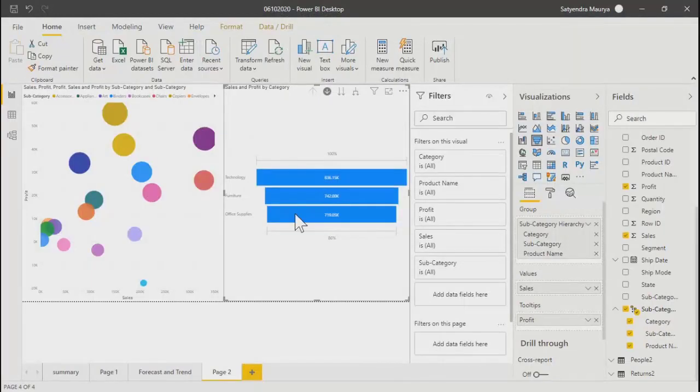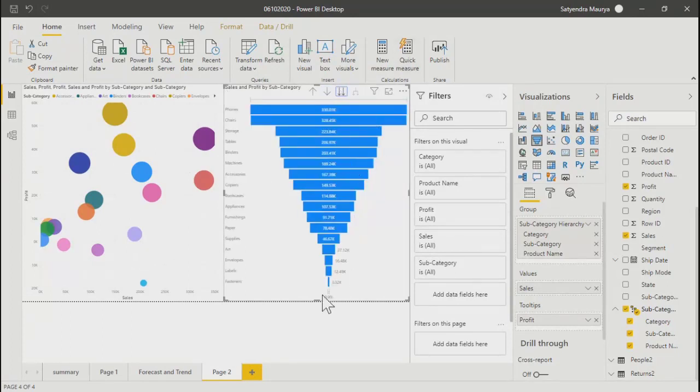If you have that sales data, we can show it over here. But as of now, I had this hierarchy, so I have plotted it here. The visual appearance will be the same, the way you can see here. But the purpose of a funnel chart is to show processes wherein you have stage by stage propagation. Correct? Any doubts here?